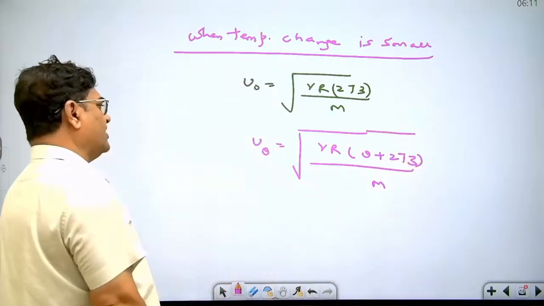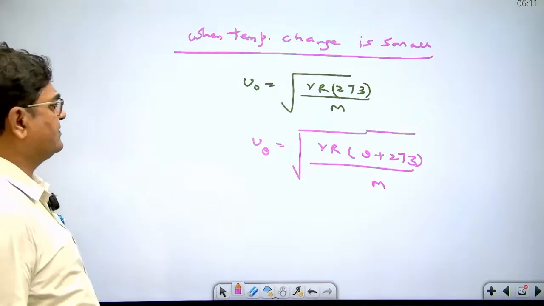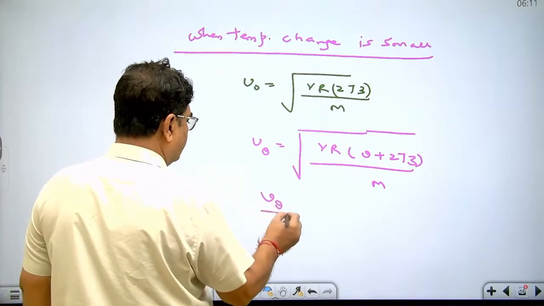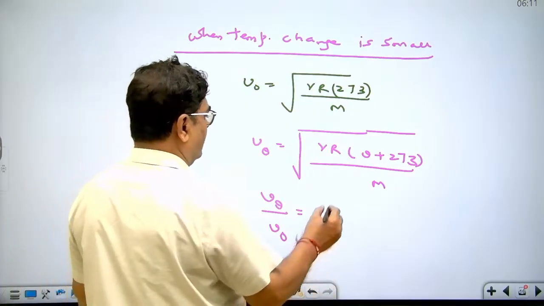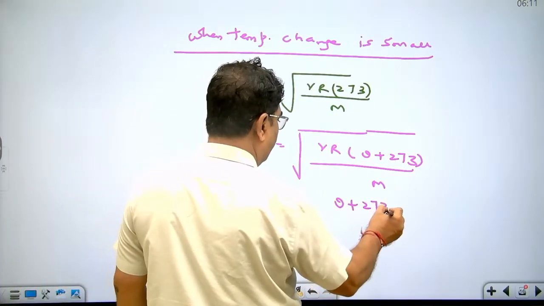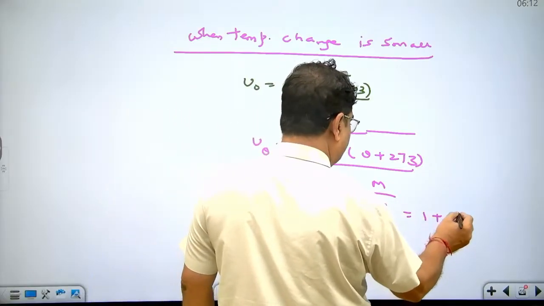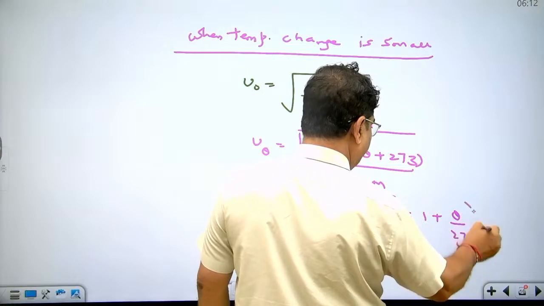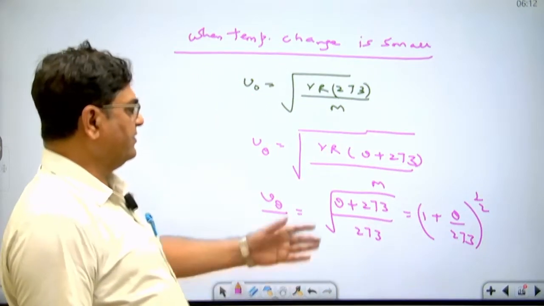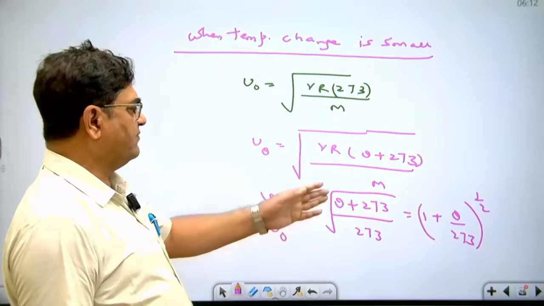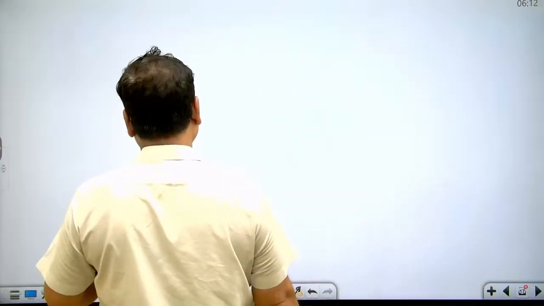If you want to make a general relation between speed of sound at 0 degree centigrade and theta degree centigrade when temperature change is small, dear student, divide these two equations. Speed at theta degree centigrade divided by speed at 0 degree centigrade equal to what? This is under root theta plus 273 divided by 273. This can be written as 1 plus theta upon 273 power 1 by 2. When there is a small change in temperature, you can expand this by binomial expansion: 1 plus 1 upon 2 theta upon 273. After solving the equation,